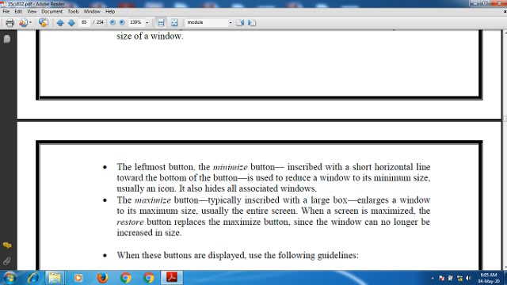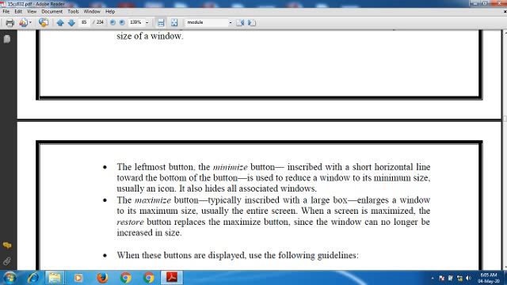It is inscribed with a short horizontal line towards the bottom of the button, and is used to reduce a window to its minimum size, usually an icon. It also hides all associated windows here.